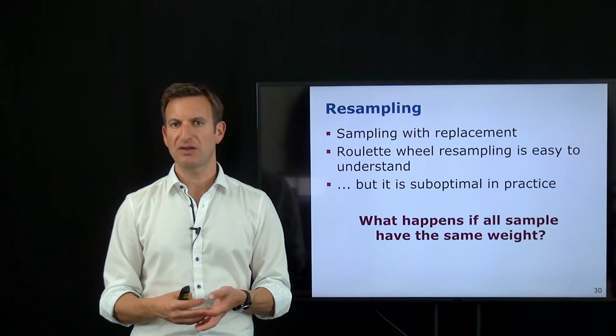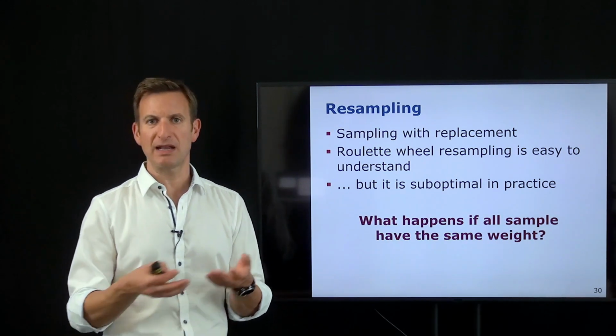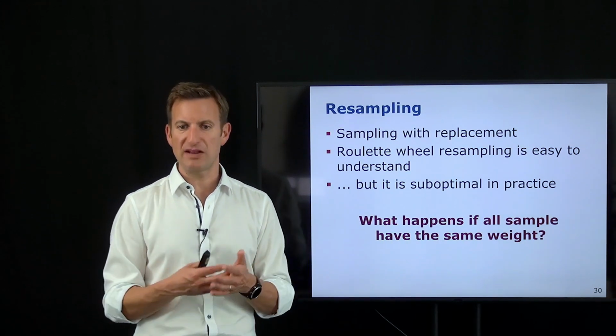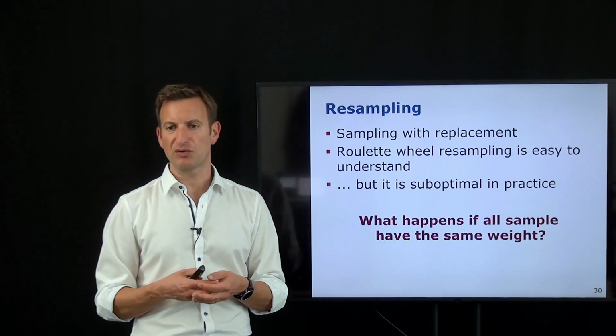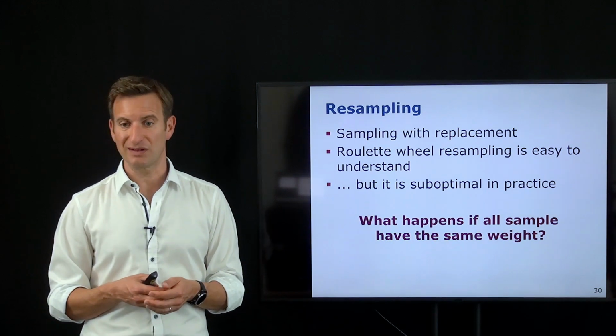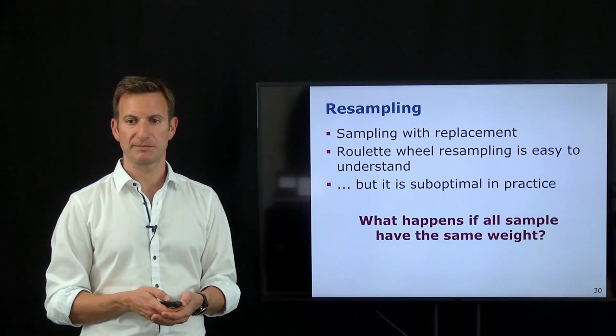So if our sample set or our weight is not very good to determine which samples should be replicated and which samples should be eliminated, standard roulette wheel resampling will hurt our belief, while stochastic universal resampling will not. And therefore, we will always choose stochastic universal resampling, because it's faster and it is better for us.